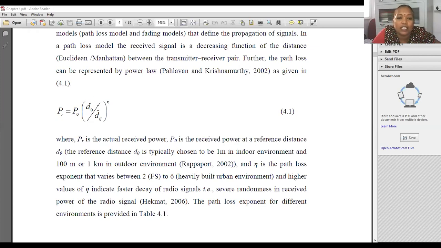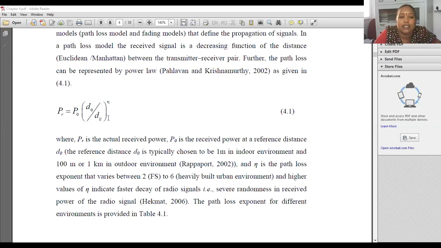This D naught is generally considered to be a typical value of 1 meter in the case of the indoor environment, or from 100 meters to 1 kilometer in the case of an outdoor environment. And Dij is the distance between any two nodes. After we generate the locations, we need to calculate the distance. I said we can calculate using the Euclidean distance and we will get some distance.